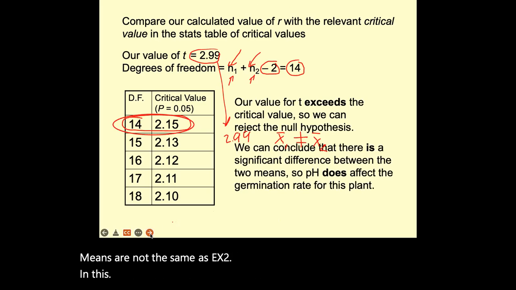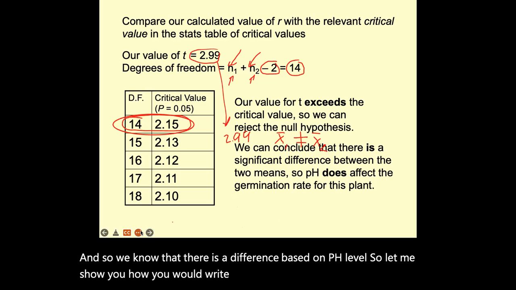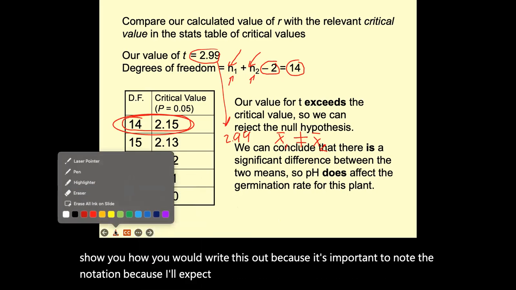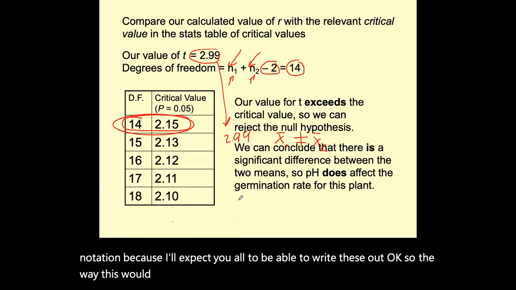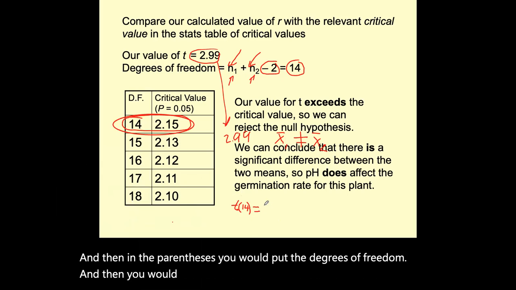And so we know that there is a difference based on pH level. So let me show you how you would write this out, because it's important to note the notation, because I'll expect you all to be able to write these out, okay? So the way this would be written out would be a small t, and then in the parentheses, you would put the degrees of freedom, and then you would put equals